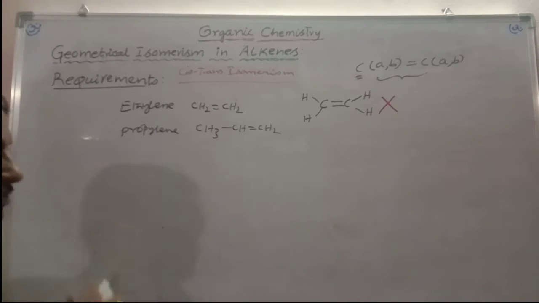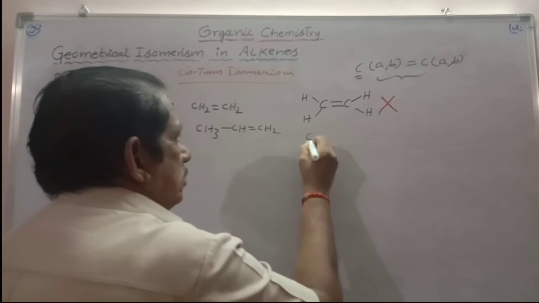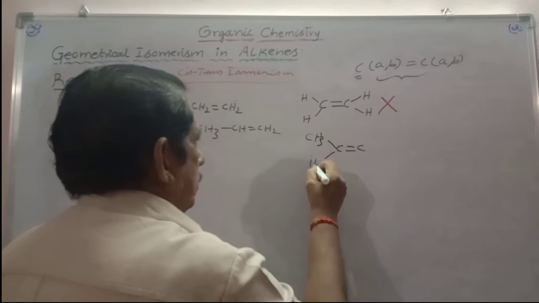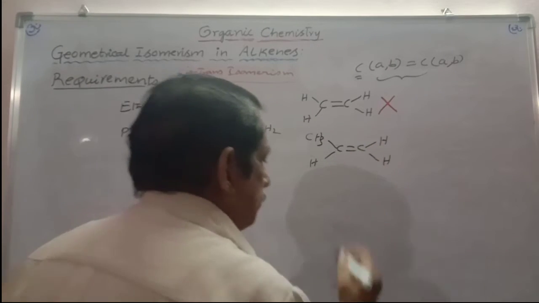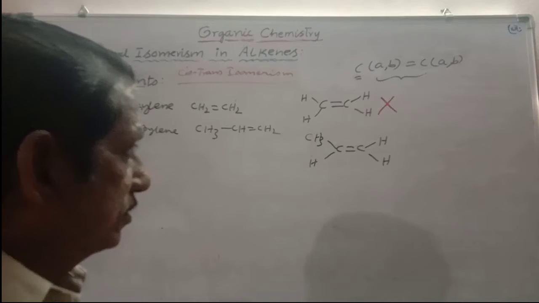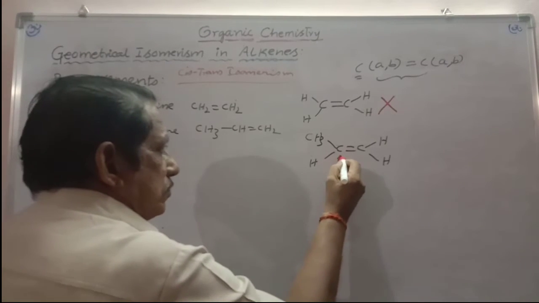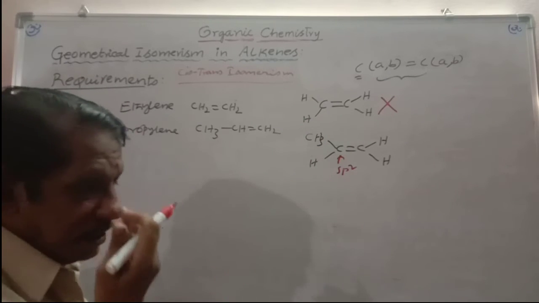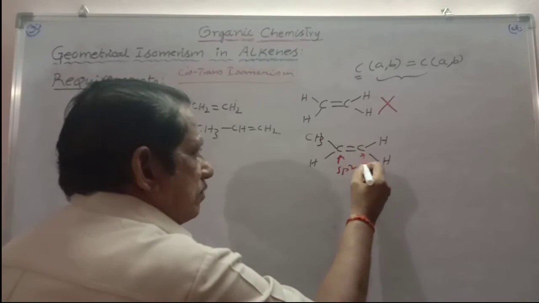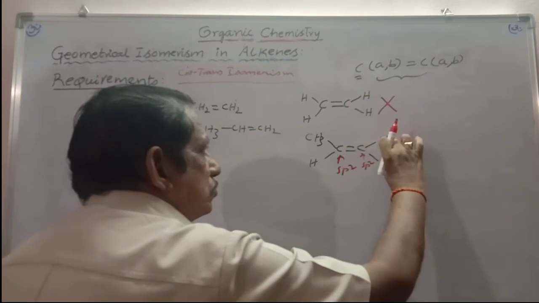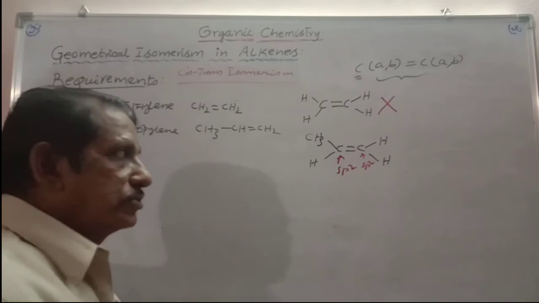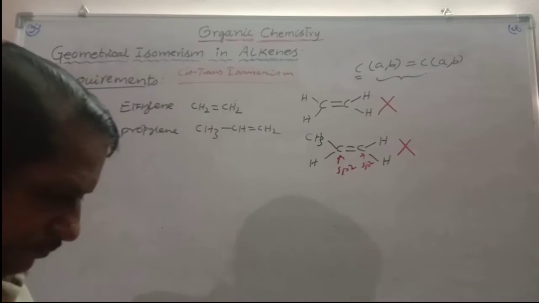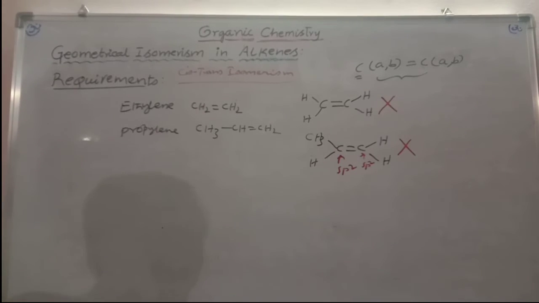In the case of propylene, if you analyze CH3, C double bond C, H here, H here, H here. Out of the two sp2 carbons, if you take this sp2 carbon, this sp2 carbon is carrying two different groups, one is CH3, other one is H, okay. The second sp2 carbon, if you take here, this carbon is carrying two same groups, and so this also cannot exhibit geometrical isomerism. Now we can take butene.